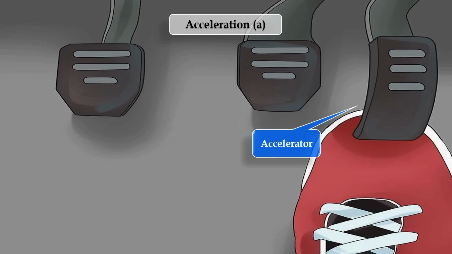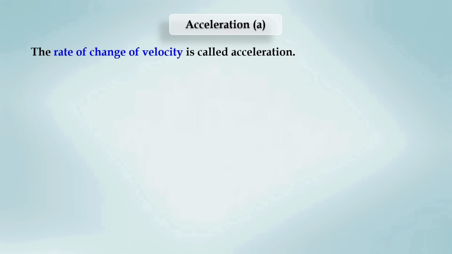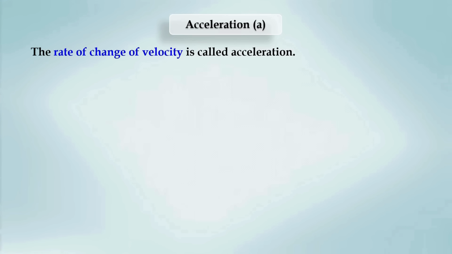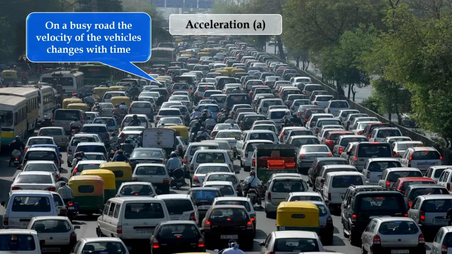Acceleration. Now let us understand a new concept in motion called acceleration. Acceleration tells us how quickly the velocity of an object changes with time. In simple words, the rate of change of velocity is called acceleration. Look at this example of a vehicle on a busy road. Here, the velocity of vehicles keeps changing with time. Whenever velocity changes,